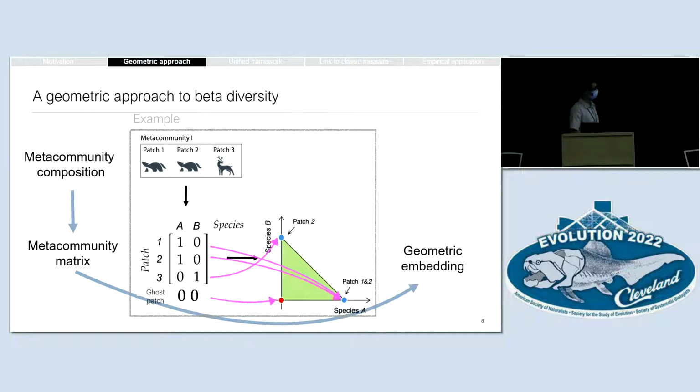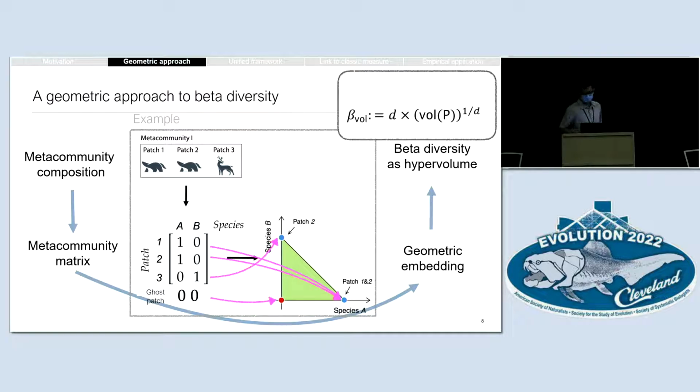And we also need to embed a ghost patch where no species actually live. The reasons to include the ghost patch are twofold. First, ecologically speaking, including a ghost patch or not should not change the spatial variation. And mathematically, this allows us to define this geometric embedding for any arbitrary metacommunity matrix. So now a metacommunity composition is translated into a triangle, a geometric object in this embedded